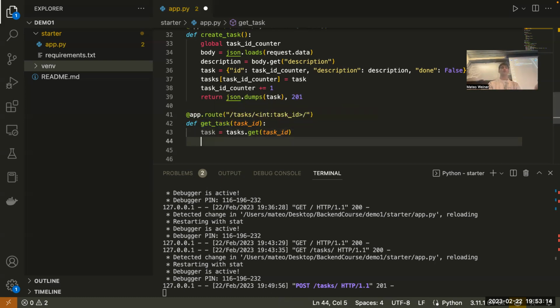From here, we're going to get our task, right? This task may or may not exist. If I passed in a task ID of 10, we're not going to actually find a task. So what we want to do is handle that case. If not task,